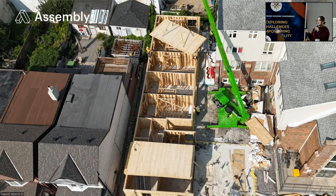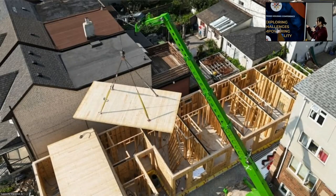So this really expedites the schedule. Instead of having to go in and frame hundreds of joists, they just lifted up one panel per unit, and then they're ready to go onto the second floor. Here's another angle, so you can see how tight the site was as well. Wood is quite light, so you don't need super big cranes or anything like that. You can drive a crane in and then hoist these into place very quickly in tight sites